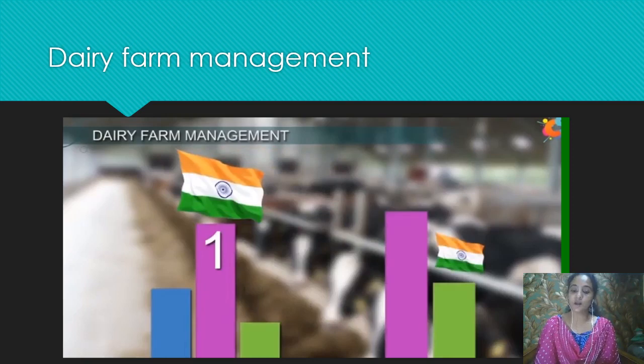And finally, we have seen that a veterinary doctor is very essential for maintaining the health and the disease conditions of the cattle. If one of the cattle is affected, what will happen? All other cattle will be affected. So it's very important to see whether they are disease free. Okay, I think this dairy farm management is clear for you. Now let's go to the next topic,